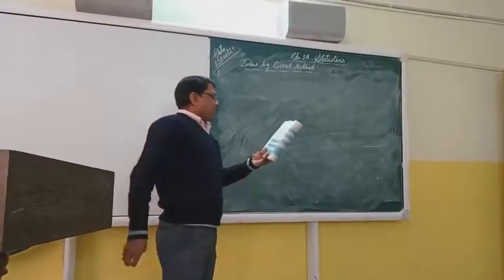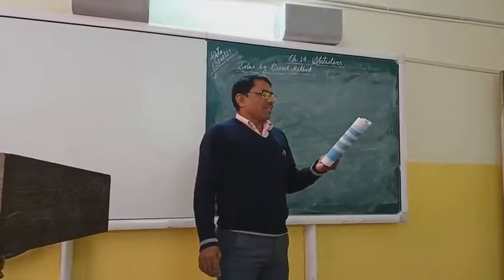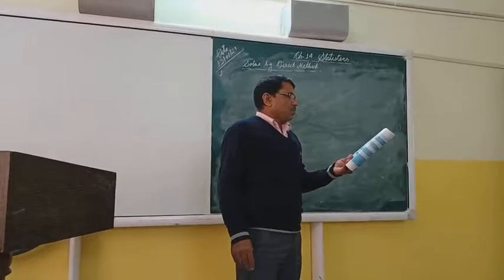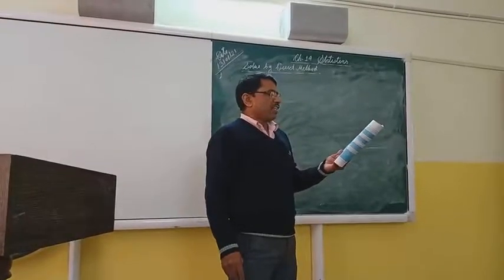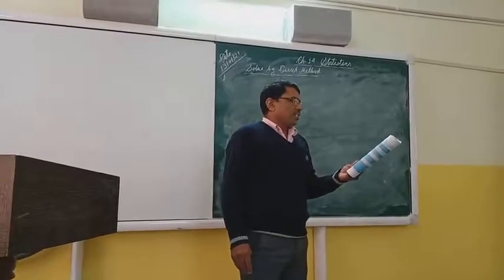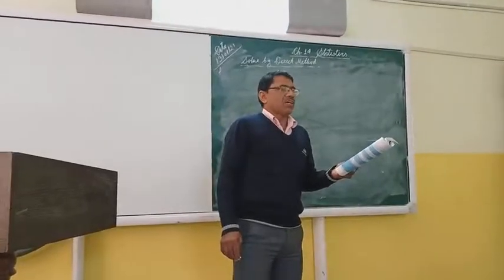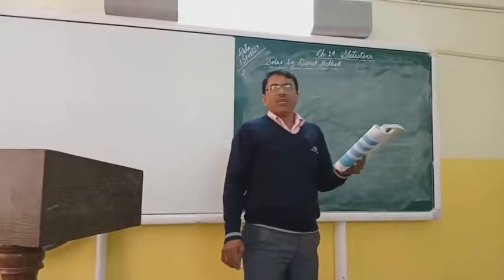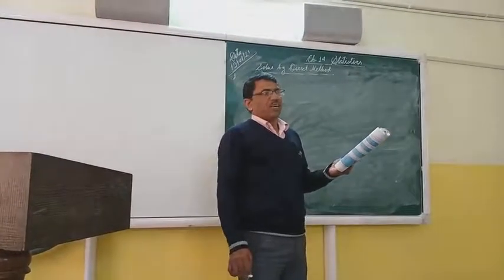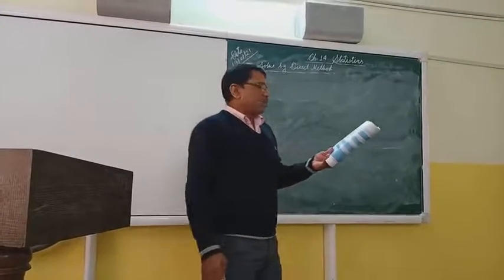Now the question given here: a survey was conducted by a group of students as part of their environment awareness program, in which they collected the following data regarding the number of plants in 20 houses in a locality. Find the mean number of plants per house. That means we are going to find the mean, and I have written the method here: direct method.